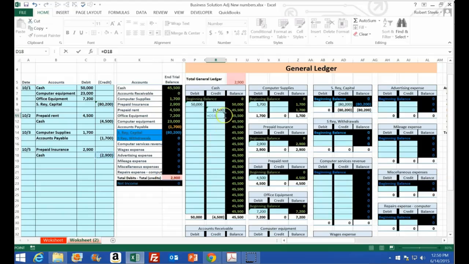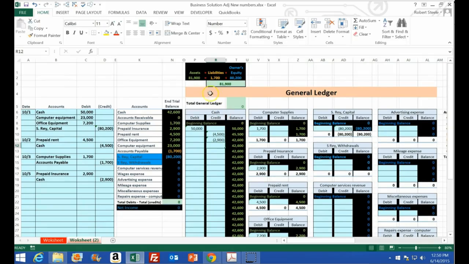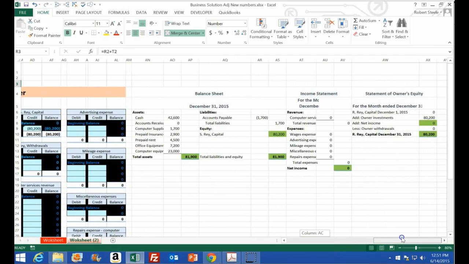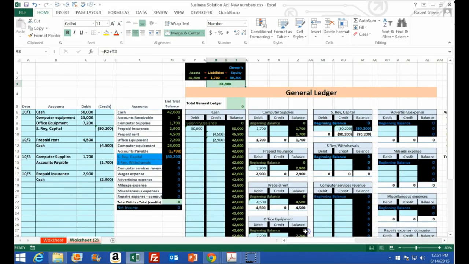put us back in balance and reduce the cash amount here, like so. And notice our accounting equation is adjusting accordingly as well. The assets equal the liabilities plus the owner's equity. You can also take a look at the financial statements over here and see how those are being built as we go. Okay, so then we're going to go to